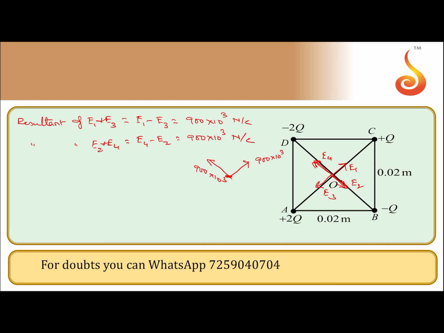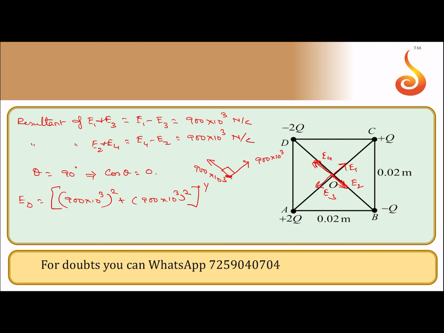Now this is a square, and in a square the diagonals intersect. What is the angle between the diagonals? It is 90 degrees. Therefore theta in this case is 90 degrees. What is cos of 90 degrees? Cos theta is 0. Therefore your E resultant at O will be nothing but 900 into 10 power 3 the whole square plus 900 into 10 power 3 the whole square plus 2ab cos theta,